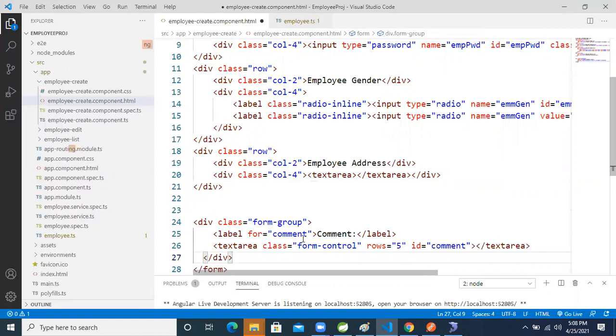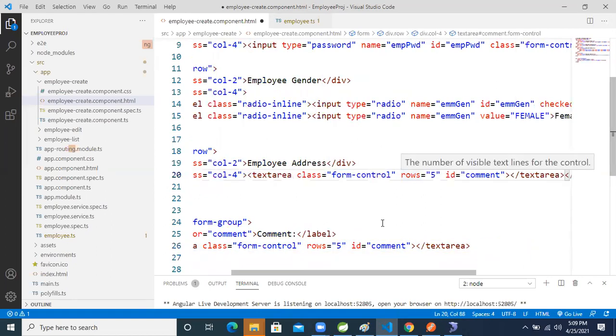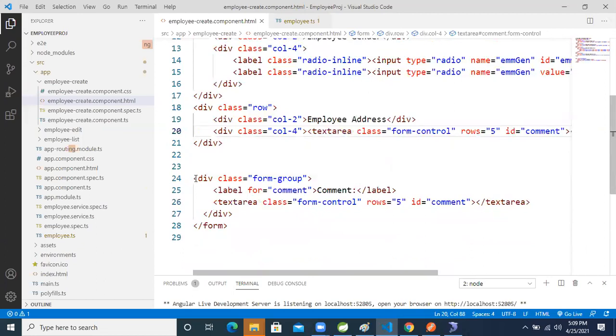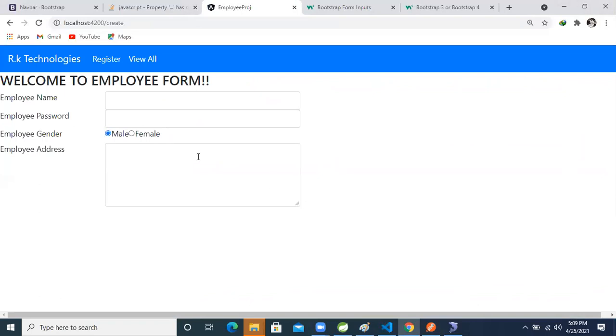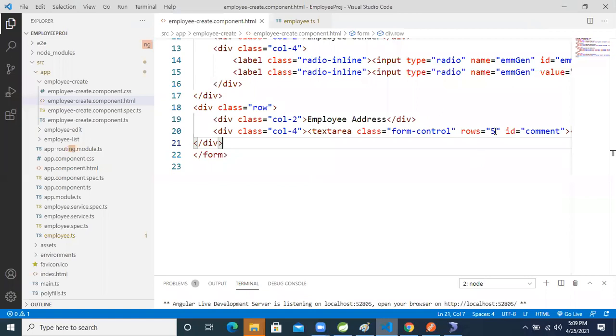In the div class, label comment. Okay. No, this one. Just take this much only. No need. Okay. Copy this one and paste inside the text area only. Okay. Paste inside that, and another one delete it. No need. Okay. This one. So now fine. Now come to browser. So text area, right? Text area is this much. It looks like 5 rows, right? No, I don't want that. I just want 2.